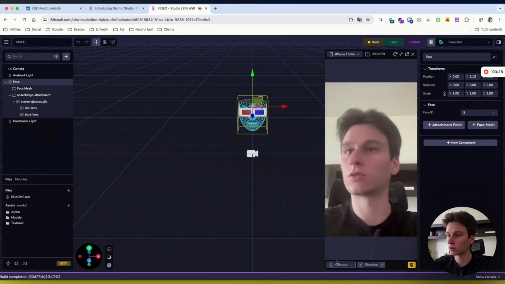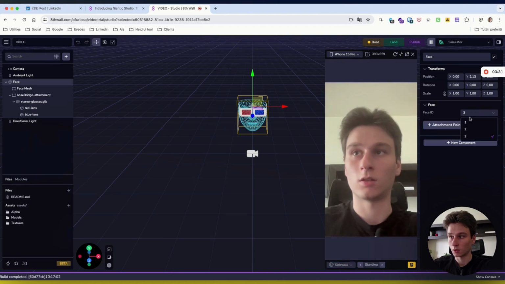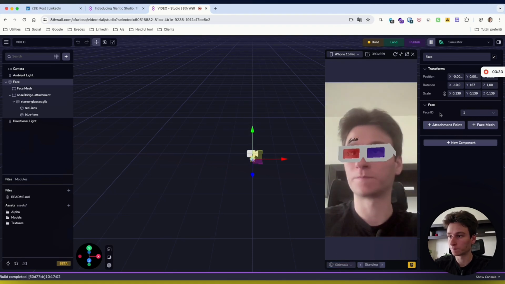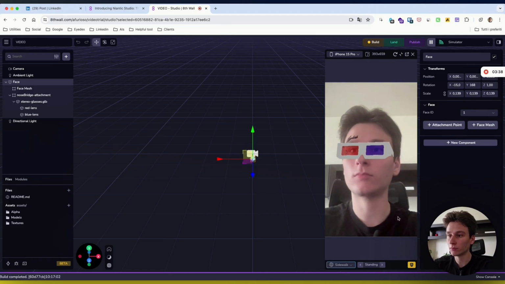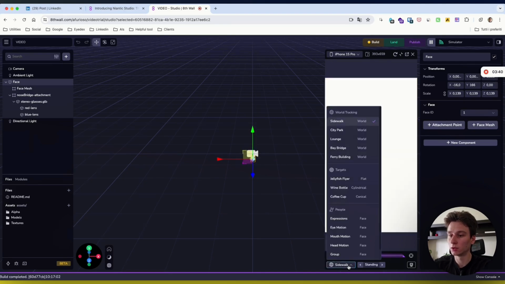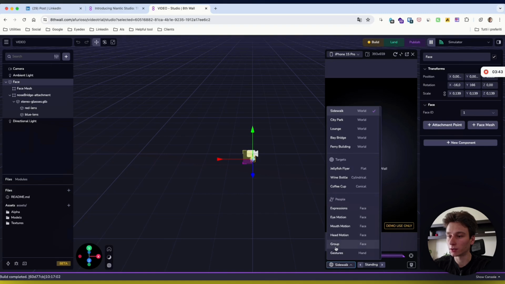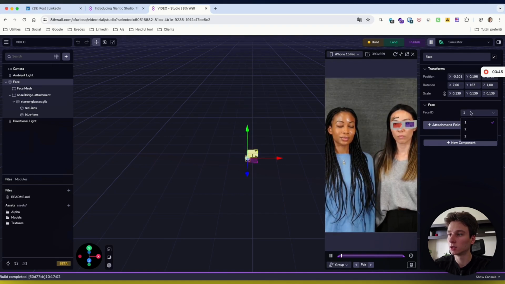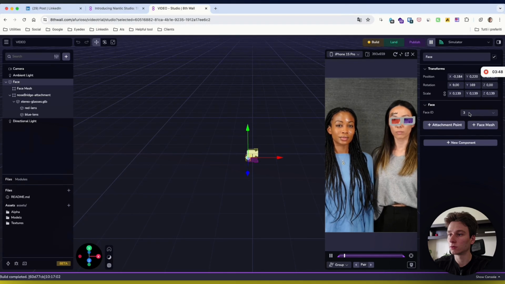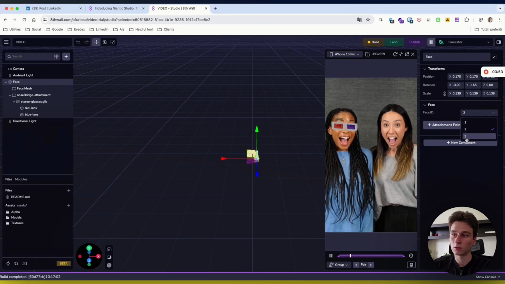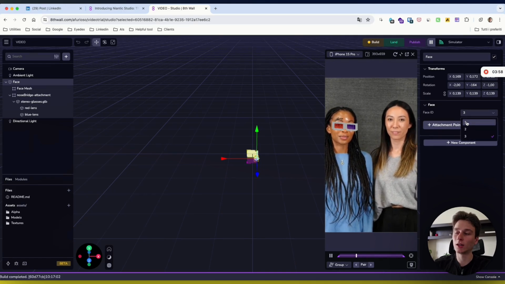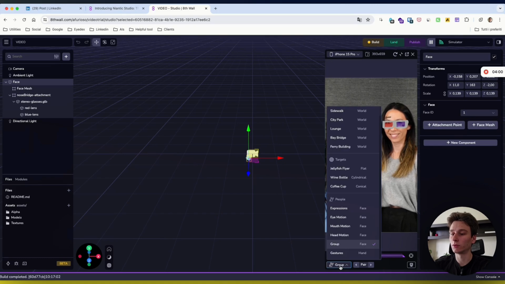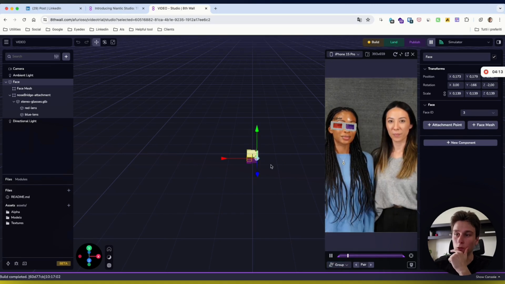Okay, for example, now it's not tracking. So maybe it's different when you have a group of faces. Let's try like this, and let's try 3. I don't know why it's not tracking both faces. Maybe it's just for one, or maybe